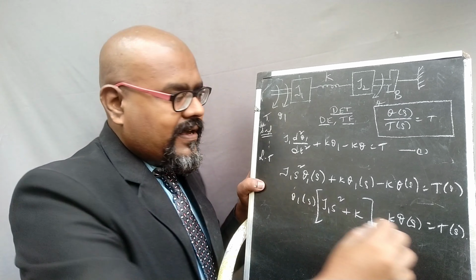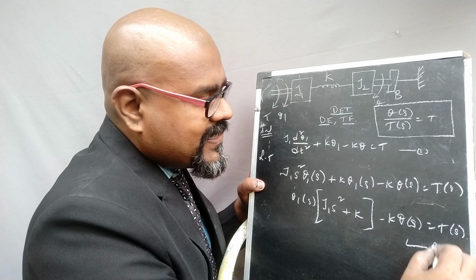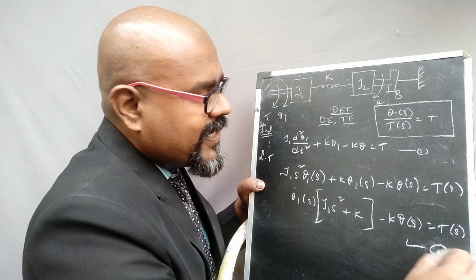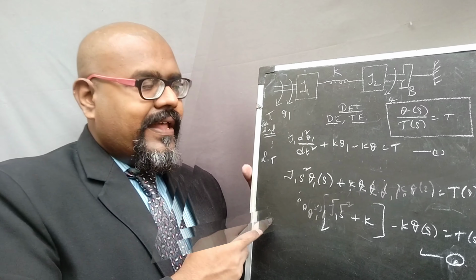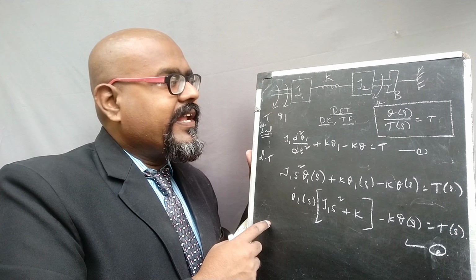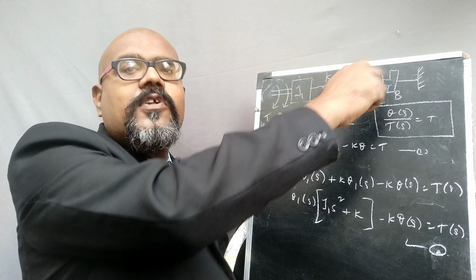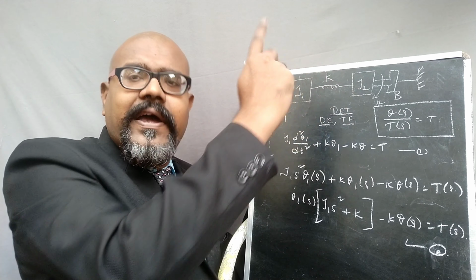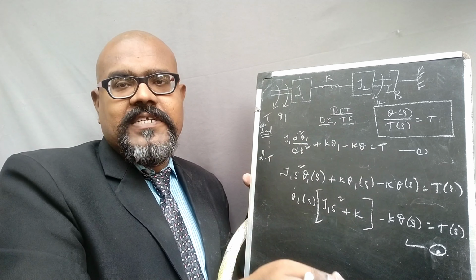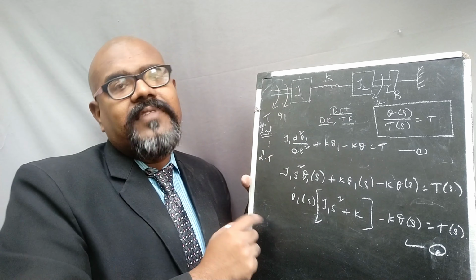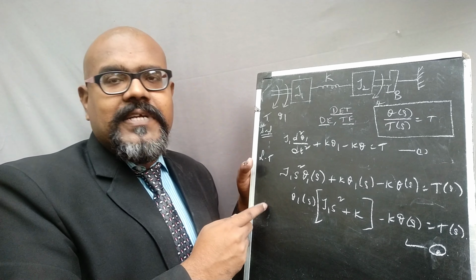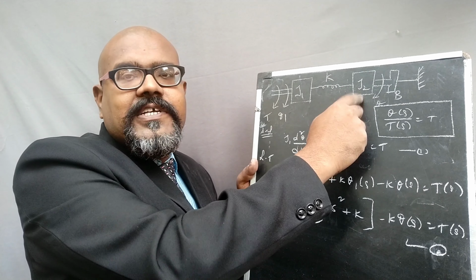So this is the Laplace transform conversion of J1. Consider this equation as number 2. Then the next step is to draw the free body sketch of J2, determine its equation and Laplace transform conversion, and then we can determine the transfer function of the given system. So let me start the free body sketching of J2.